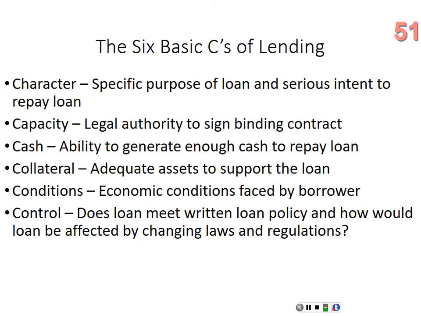Cash. This is the ability to generate enough cash to repay the loan. Sounds pretty straightforward, pretty simple. You're going to borrow money, you need to be able to make the loan payment. Typically, you're going to look at the customer's cash flow or their salary versus the monthly payments that they have now. For most lenders, they don't want to get over around a 35% monthly debt to income ratio. It kind of goes from lender to lender, 33 to 38%, somewhere in there.